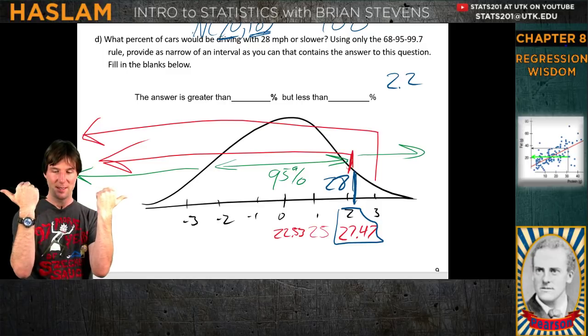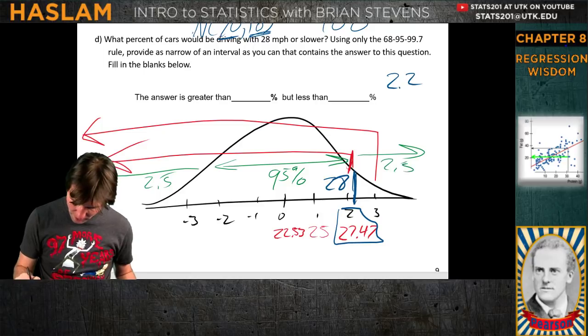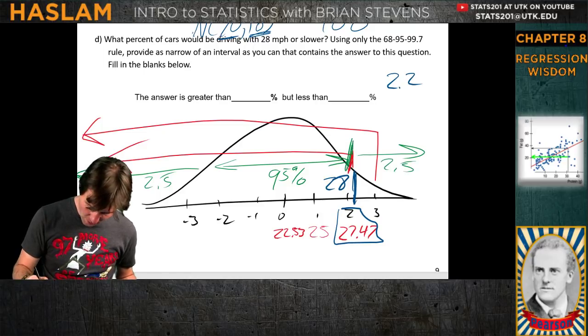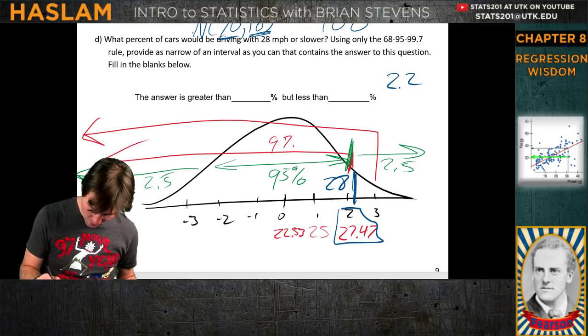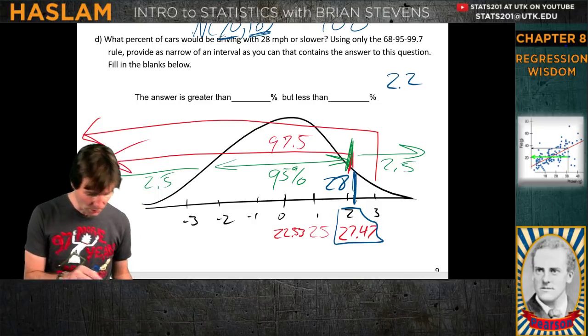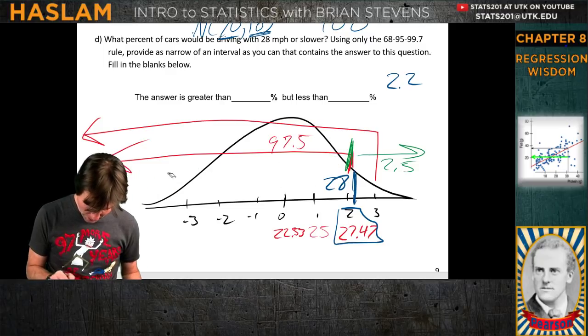95 inside, 5 outside, and then we divide that in half right here, 2.5. You know what we can do now? We can just add up from here over, which means this arrow right here is 97.5. Now we're going to have to do some erasing because I'm going to have to draw on it again, but that's how those numbers were taken. That's how we got it.